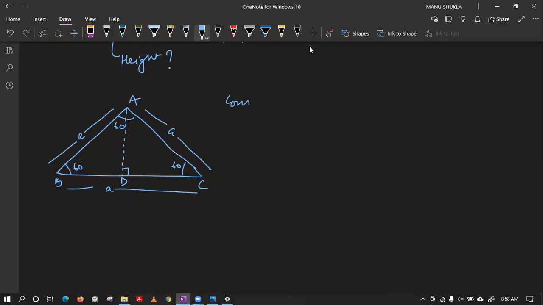So we've done a construction, draw AD perpendicular to BC. Now, can you prove these two triangles congruent? If yes, please tell me by which criteria you will prove them congruent. Let me check how much you remember the congruency part that we have learned in class 7th. Please try to prove it congruent and tell me the criteria that you will use.